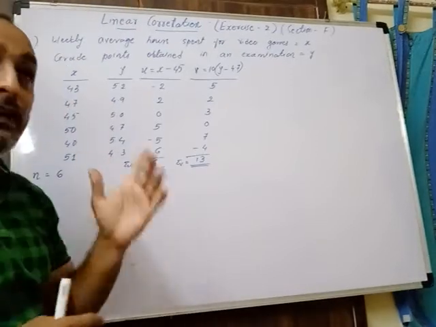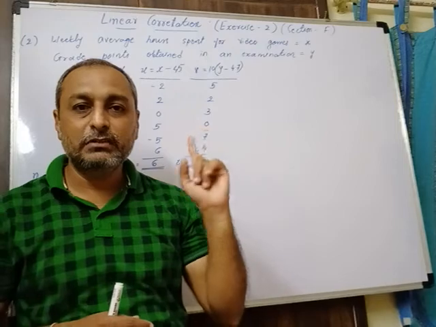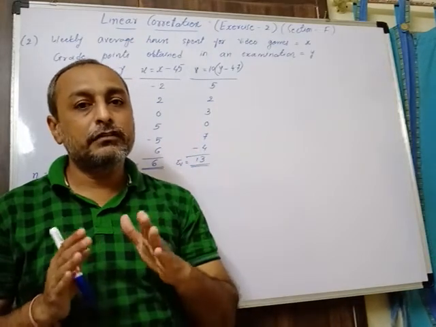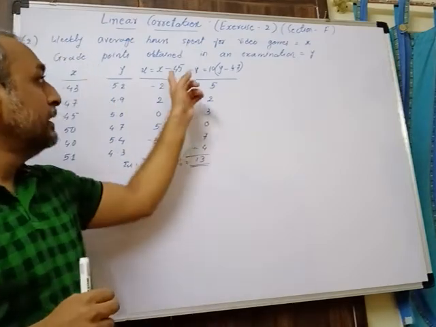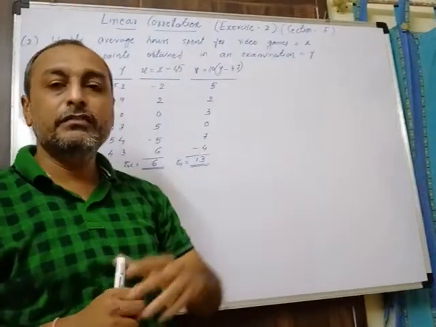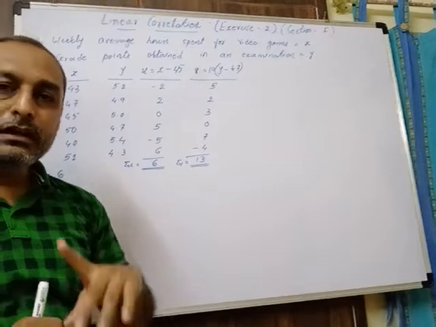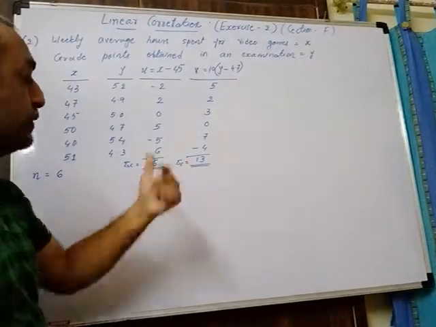We have a property of the correlation coefficient. We saw in the beginning that the correlation coefficient is independent of changes in origin as well as changes in scale. That is why you can divide by any constant value, multiply by any constant value, or deduct any constant value, but your calculation must be correct. So this is what the u and v we have.